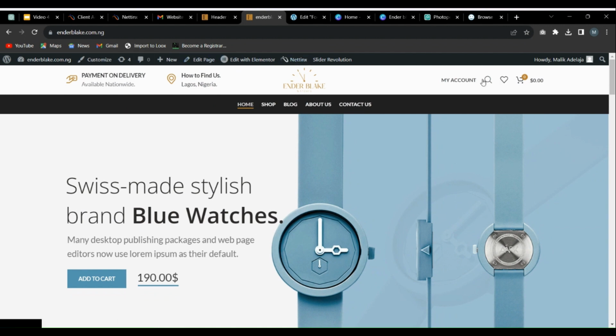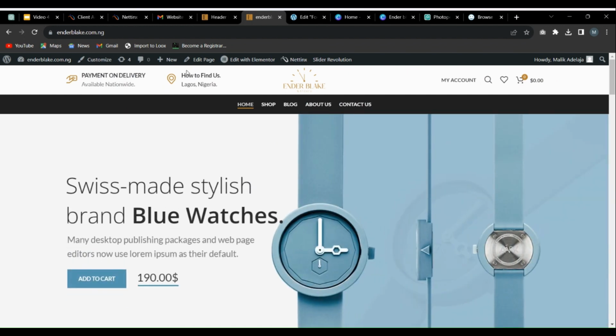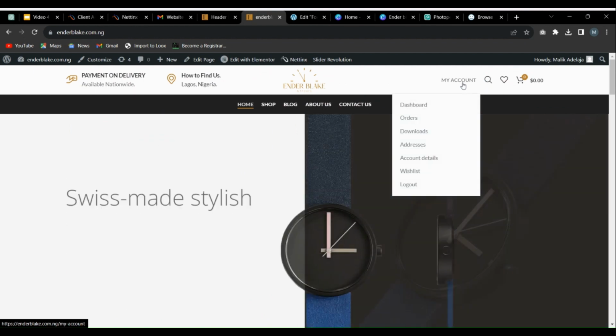So now we can see that our header is pretty much the way we want it. We have payment on delivery, how to find us, Lagos, Nigeria. You can put whatever you want here. It's not necessary. You can put your phone number here. You can put your location. You can say contact us on WhatsApp. Whatever you want, it's your website. You have total freedom. Just be careful, don't break your website. So now that we are done with the header section,